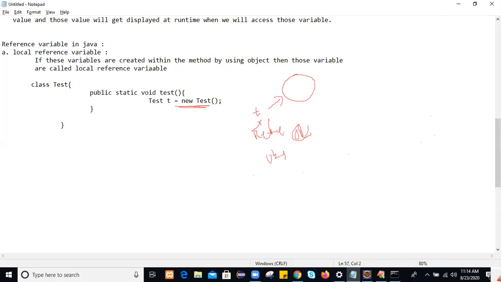Next, when you create a reference variable locally within the method, the scope of the local reference variable is only within that method where you create it.